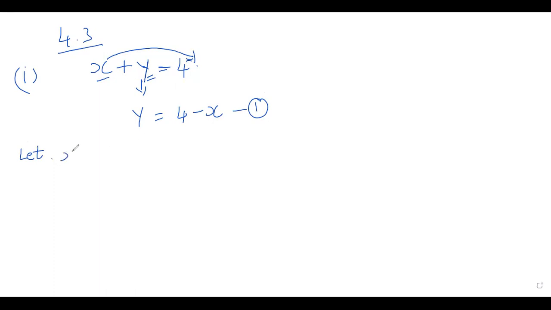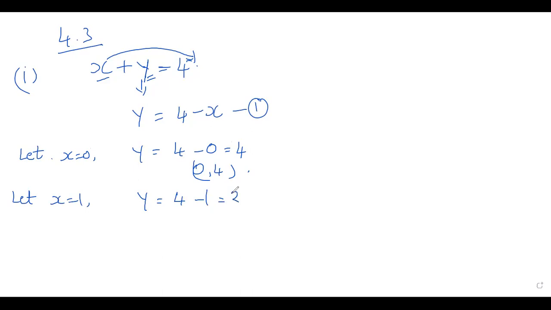Let x is equal to 0, then y is equal to 4 minus 0, that is equal to 4. So what are the points here? X is 0, y is 4. This is the first one. Next, let x is equal to 1, y is equal to 4 minus 1, that is equal to 3. What are the points here? X is 1, y is